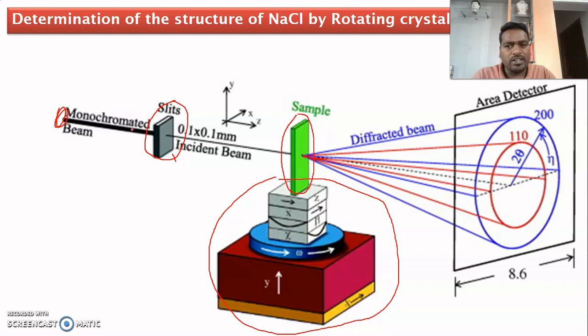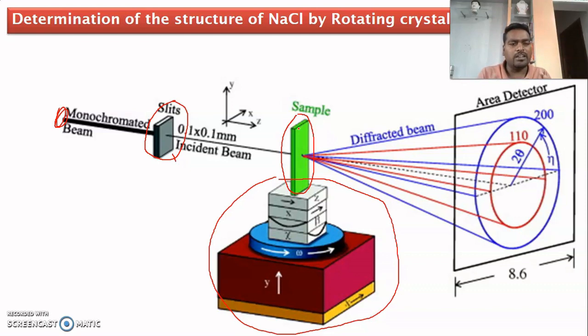As soon as you pass the radiation, we start to rotate this table. Why are we going to rotate this table? Because this crystal has different planes. We have to pass the radiation to the different planes present in a unit cell, so that's why we rotate the crystal. If you do not rotate it, the radiation which passes will diffract only through one particular plane.